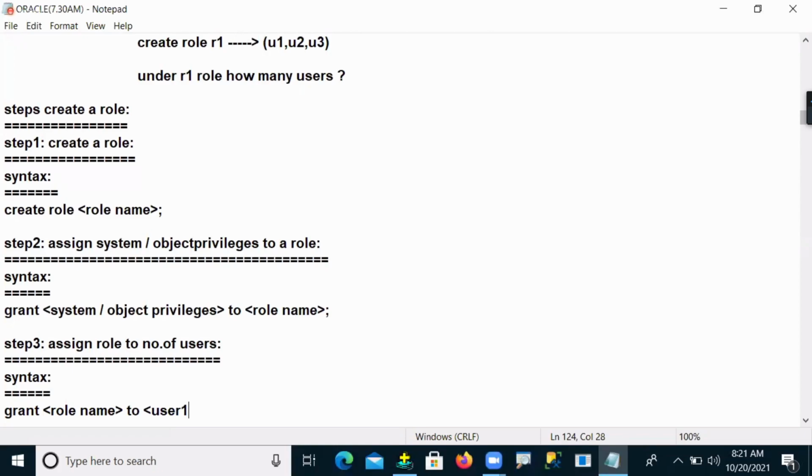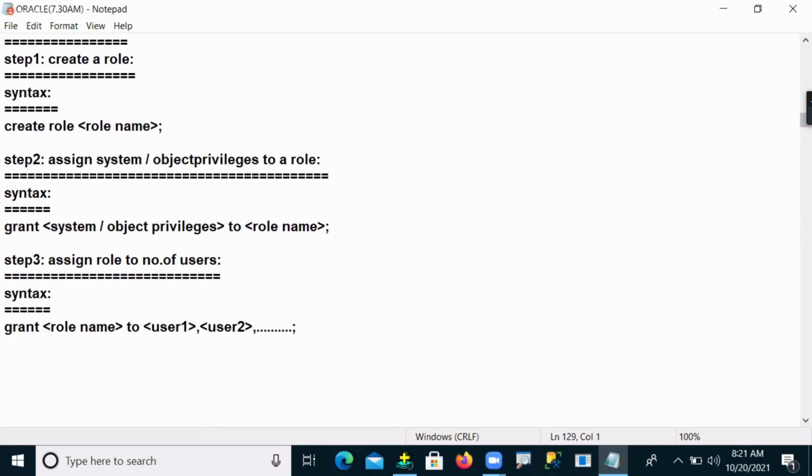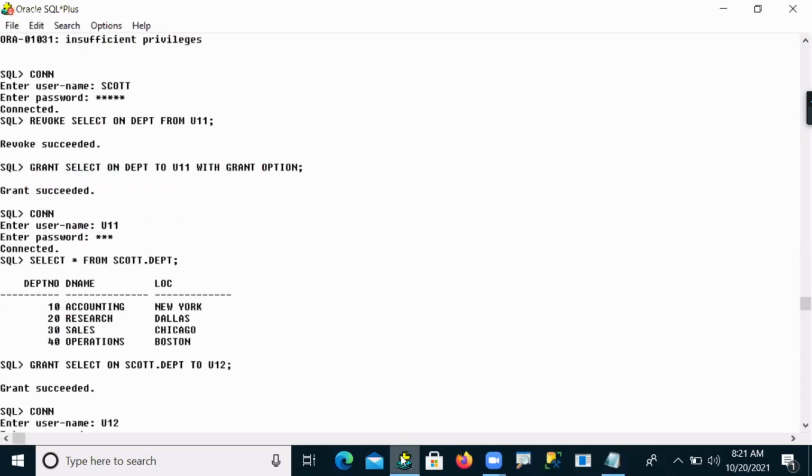You can pass user 1, comma, user 2, comma, and so on. So these are the 3 steps. When you want to assign system privileges or a group of privileges to a group of people, we create roles. Let's see the same thing practically.